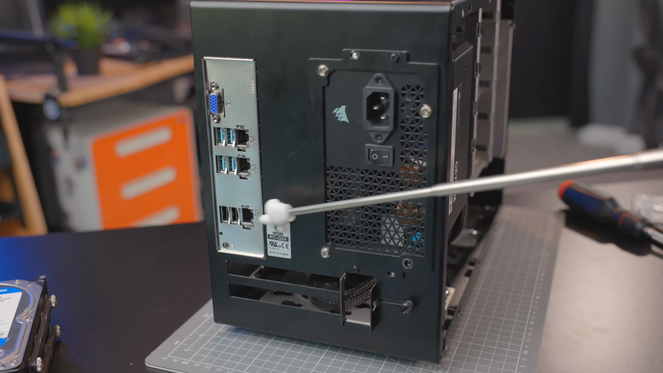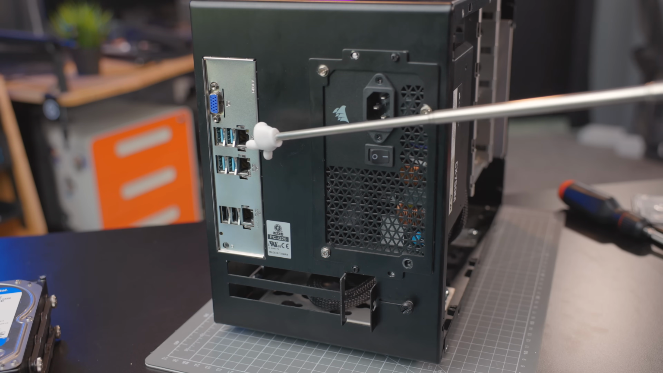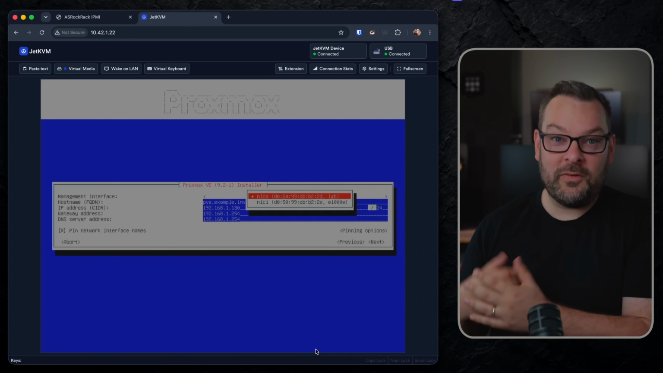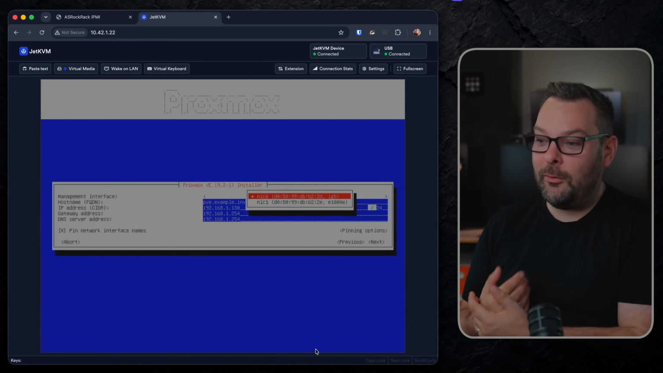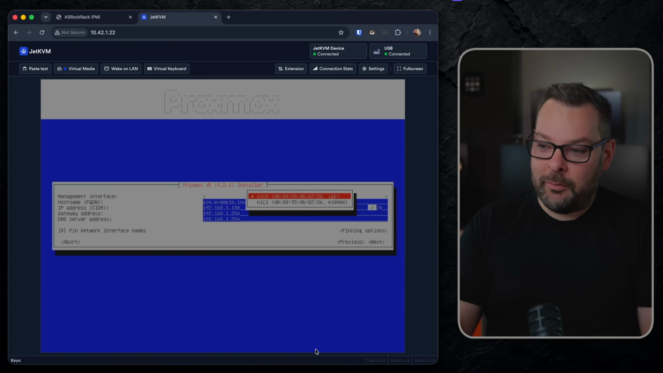One is a dedicated IPMI network interface, and then the other 2 are just gigabit NICs. I believe they make this motherboard with 10 gigabit base T NICs as well, but I didn't buy that one. I just bought the cheaper one. So this ASRock rack motherboard, I know that this MAC address